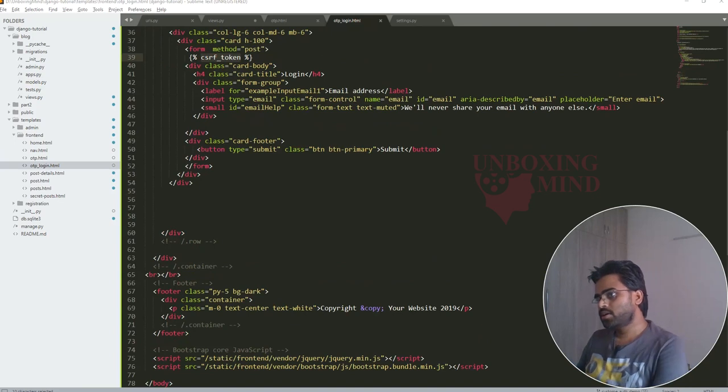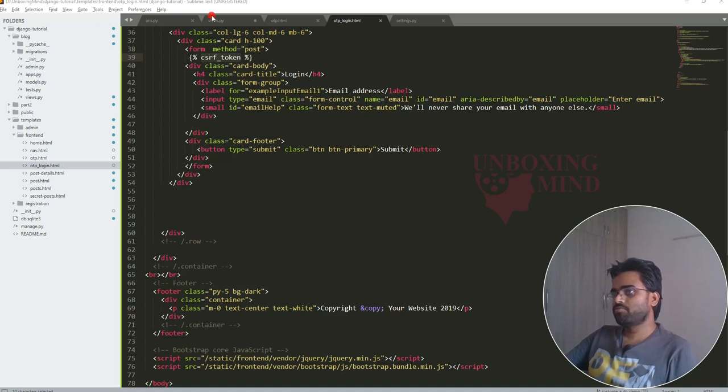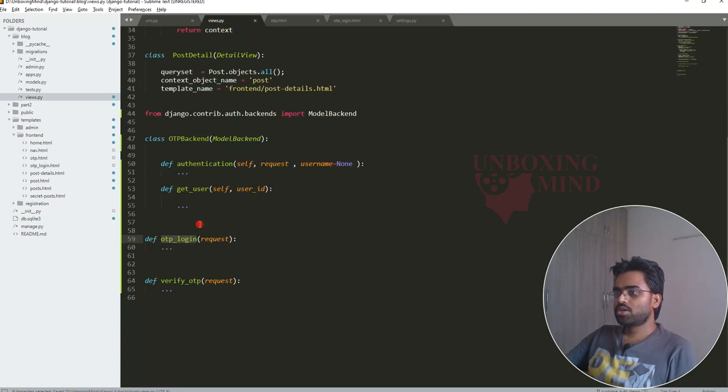One more point you can refer to is the CSRF token. The CSRF token needs to be added. This is a tag provided by Django. It will generate a random string to secure your form, so that your site should not accept requests from other sources. So this is for that, and we are done with our HTML.